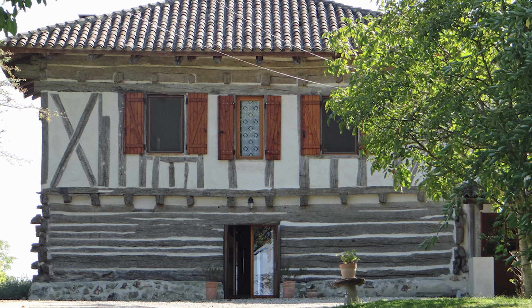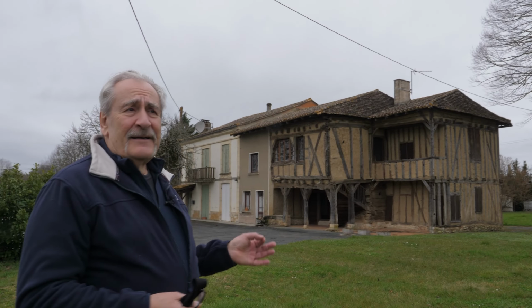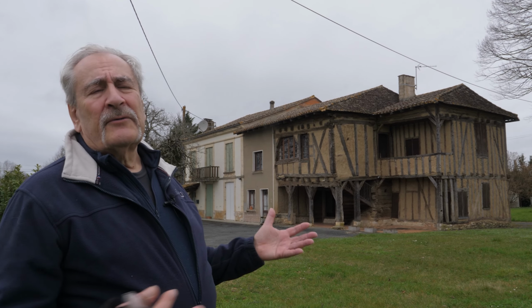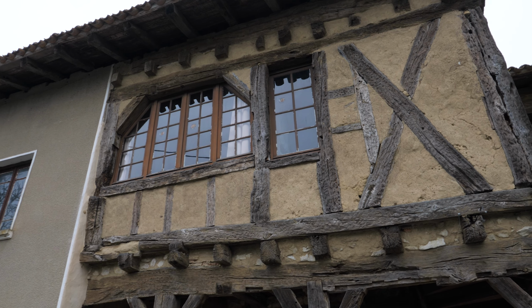You can even rent some of them, like the one which is right in front of me. We are in the village of Saint-Dizier, and the village transformed this one into what we call a gîte in French. Very nice architecture,